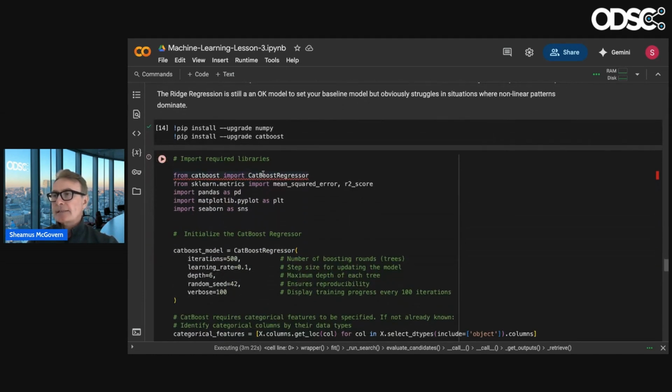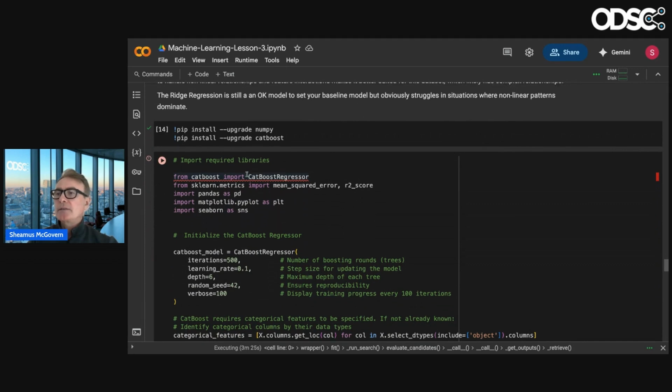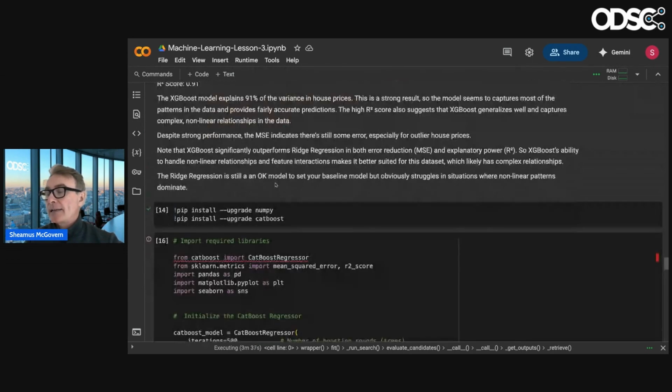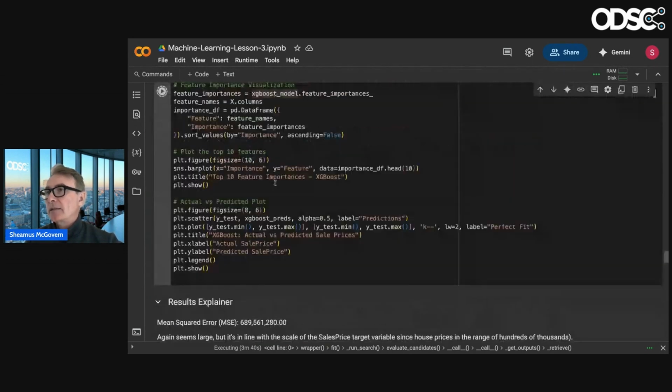I have to fix this CatBoost. CatBoost is categorical boosting for categories. Remember, there's a lot of categories in that data set, so CatBoost should be able to perform a little better. With CatBoost, you don't have to do that one hot encoding and a few other steps. It handles categorical variables automatically.